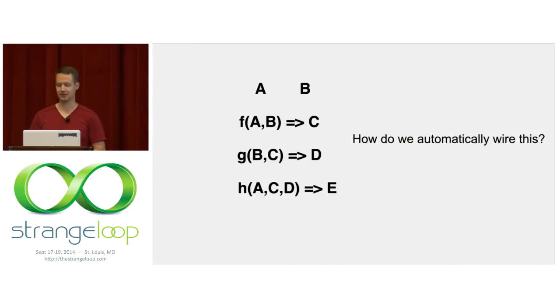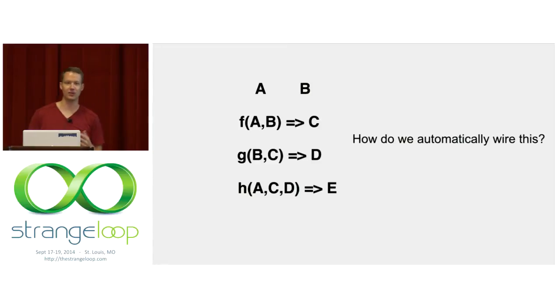So let's look at this and ask how we could do it. The first thing that we notice when we look at the left side of the screen is that how these functions should be wired is actually unambiguous. We can see that when we emit something new, we can see where it gets wired into the other one.